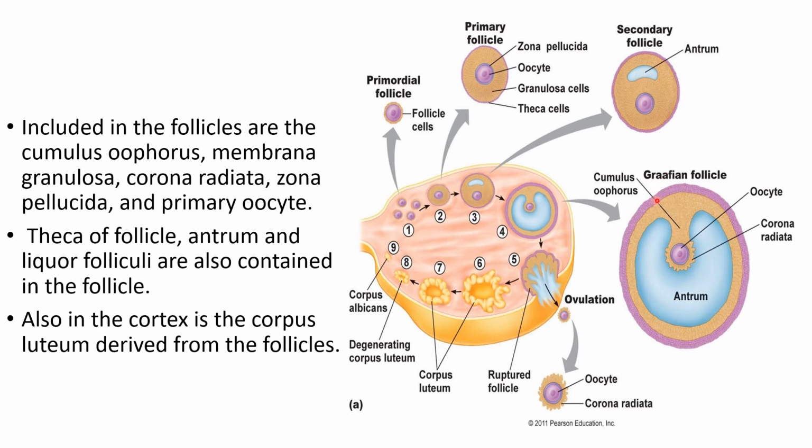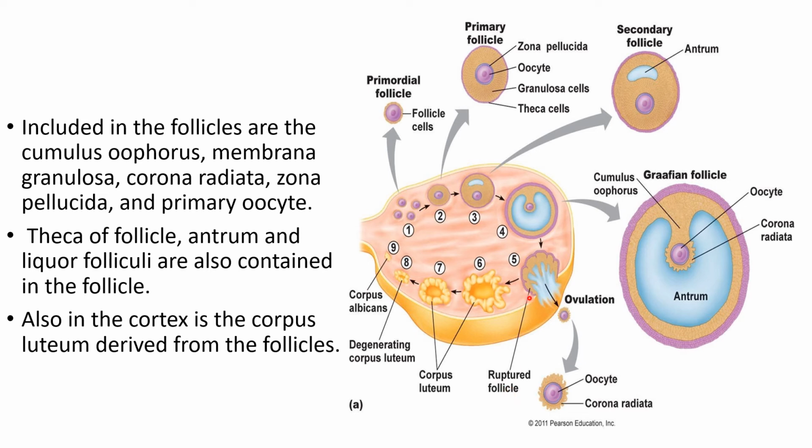This is the next stage, and that is called a Graafian follicle, where you can see additionally corona radiata. These are all different types of cells around the oocyte, the corona radiata. And the area just in front of the oocyte is called the cumulus oophorus. Then ovulation takes place, and in this ovulation you can see the ovum, the oocyte and the corona radiata.